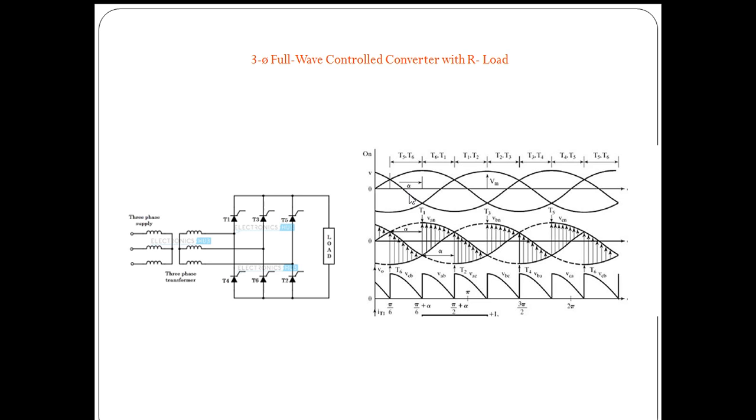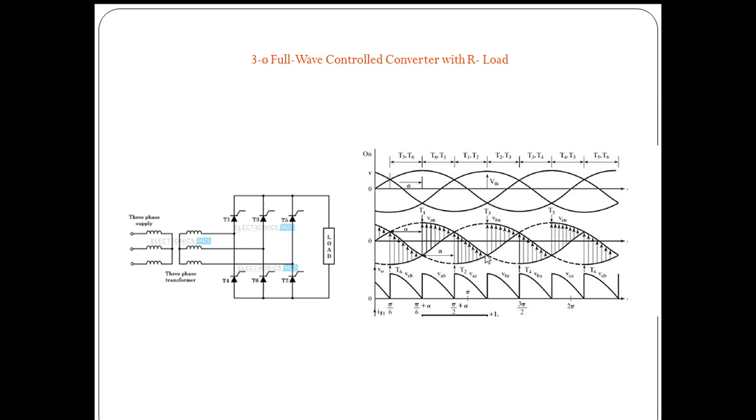phase C will be more reverse biased. During this portion, phase C will be more forward biased. So for this three-phase supply, T2 will be subjected to more reverse bias. Here the negative group thyristor is connected to the negative terminal, so when it is more negative, it will be in conduction. Thyristor T2 will be forward biased, as the more negative supply will be connected to the negative terminal of the supply.